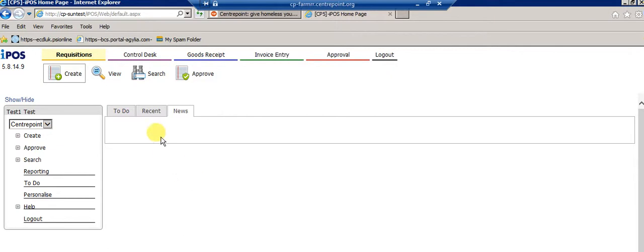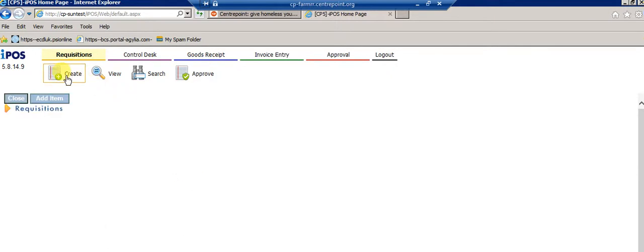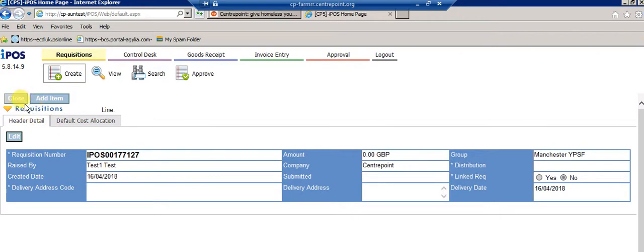So you click on create, and a new window comes up, requisitions. It's tempting to click on add item, but obviously you don't do that at this stage. That's something we'll be talking about later. At this stage, you click on edit,